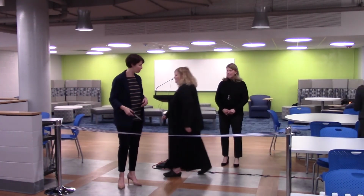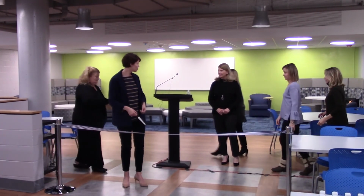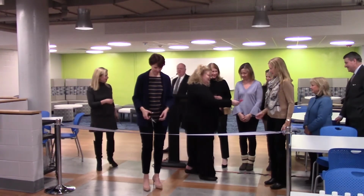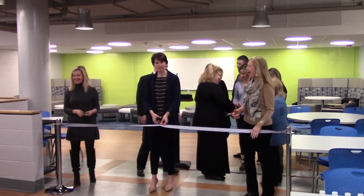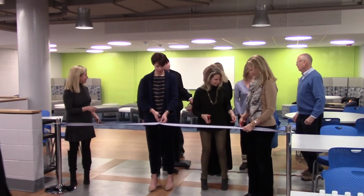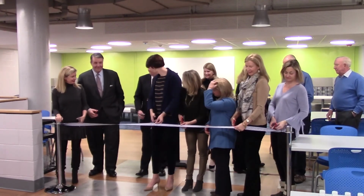Scissors. Oh. You can all step up and cut if you'd like. We cut at the same time. Do you have lefty scissors? We'll all cut. Thank you. I don't know how many of us can fit at the ribbon, but we'll try. We're going to have confetti. Confetti instead of ribbon. Thank you. This is the team effort,